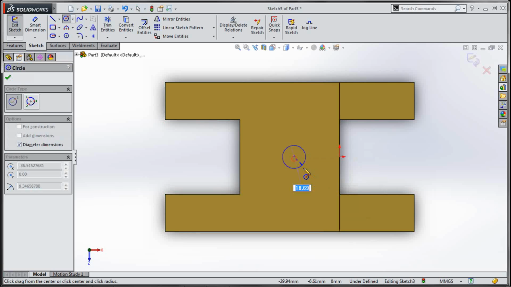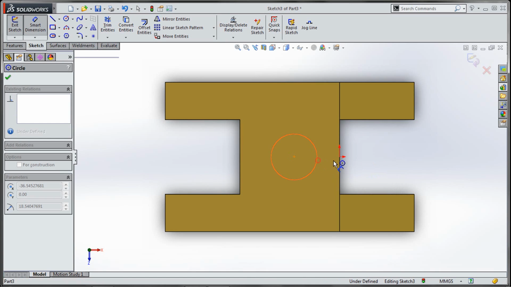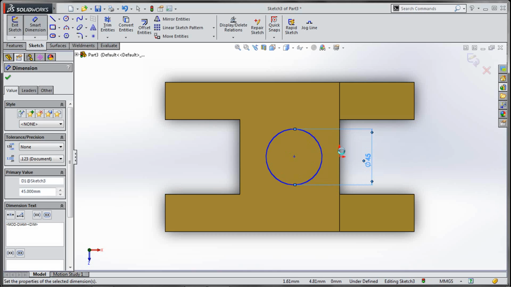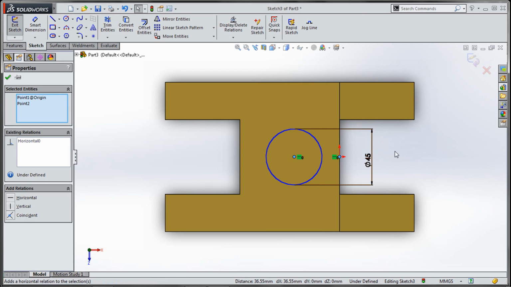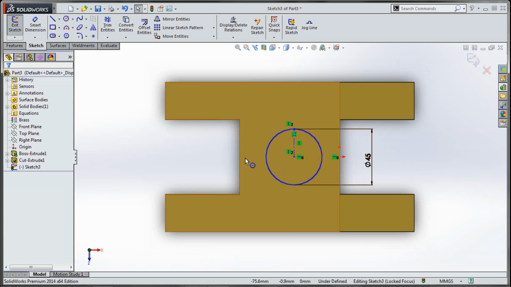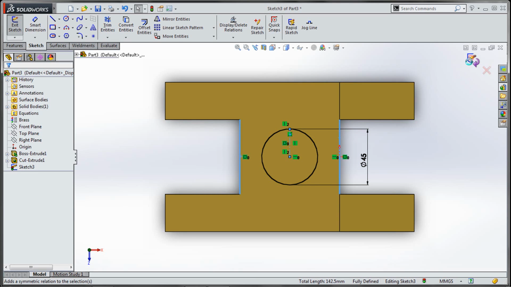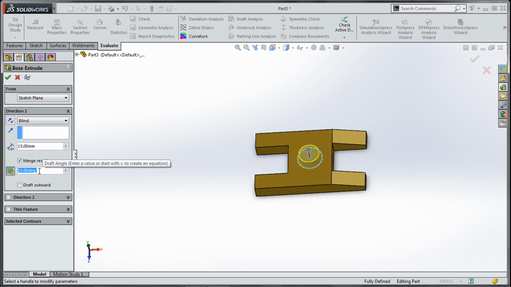Just one boss extrude. Place a value, and we need a draft here, a draft of 15 degrees inward.